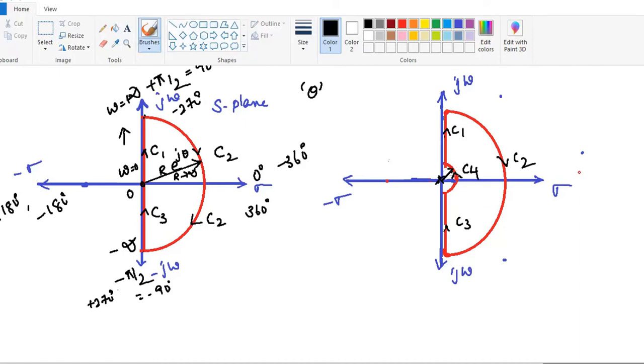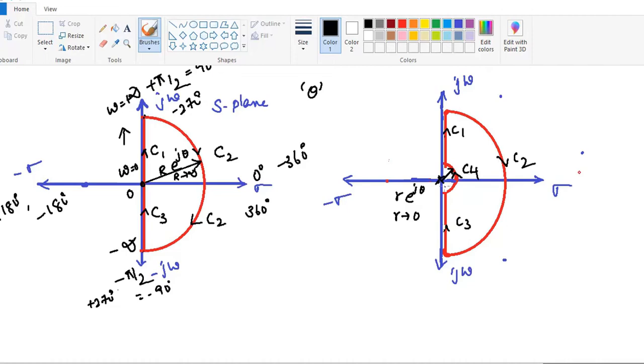That is why we can write it like this: r e to the power of j theta when r tends to 0. That means the radius r of this section C4 tends towards 0,